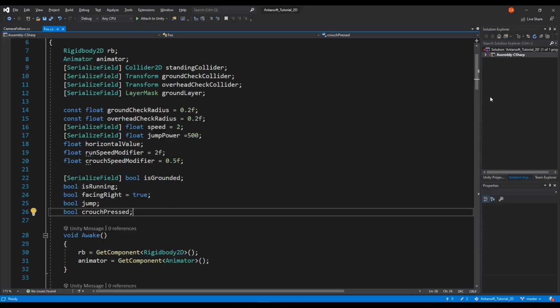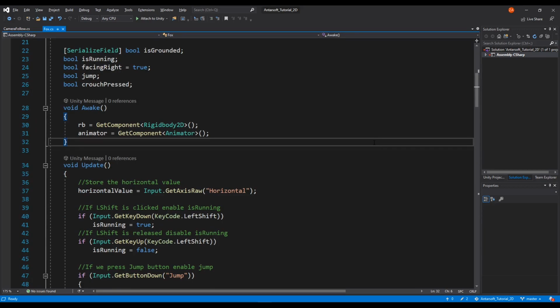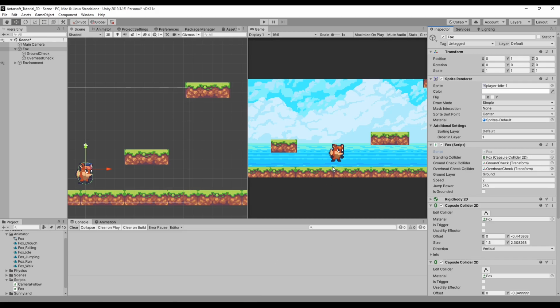Let's access our Fox, which is our character controller. So for the double jump, I'm going to explain it step by step what's going to happen in a theoretical way. So we have the character standing on the floor, and we need him to jump twice to reach higher places. In a logical way, we can do the jumping in a specific number of